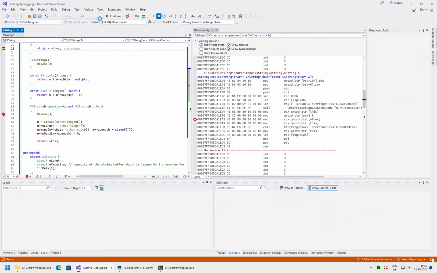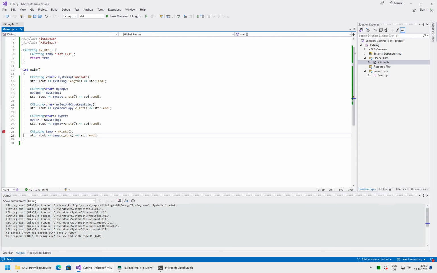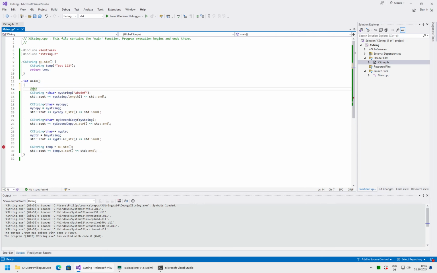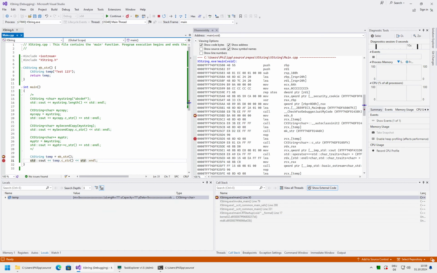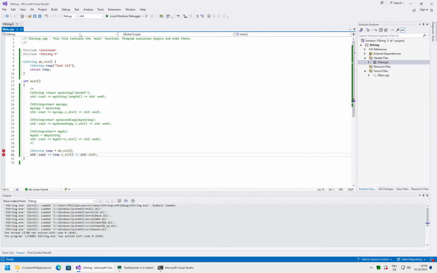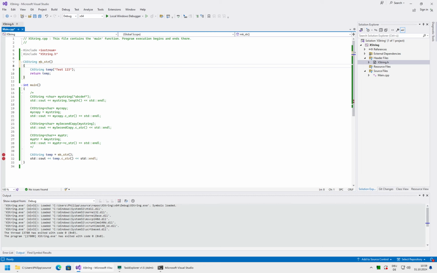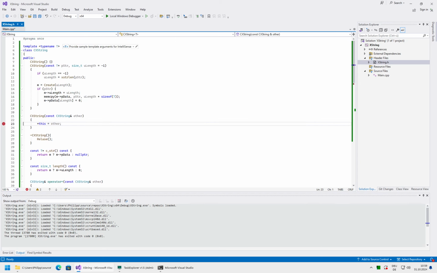Okay, then let's disable the other test cases. Let's put a breakpoint here, and if we run it, interesting. In principle, when it returns the value, it should end up invoking the copy constructor, but it does not do that. So